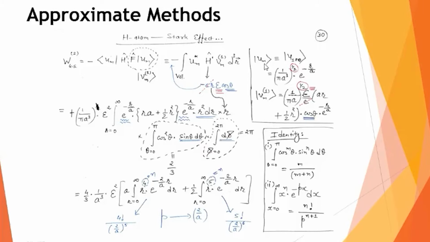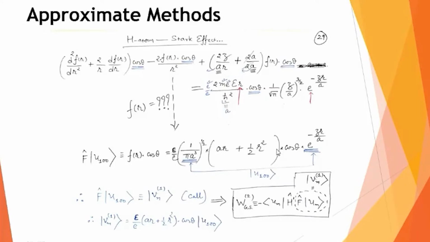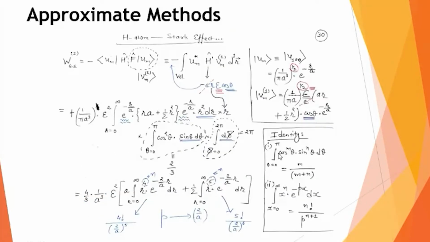Don't forget, this in our case is nothing but the ground state state function for the hydrogen atom. So that we already have. V m1 also we have already written. So now we have V m1, and also this H dash, that is the perturbation when the hydrogen atom is placed in a uniform electric field, is also known. Correct? So this H dash can be written as minus e R, capital E, the electric field strength, into cos theta. So I'm now substituting all this information here.